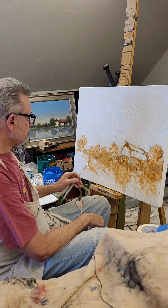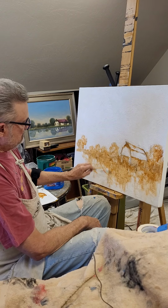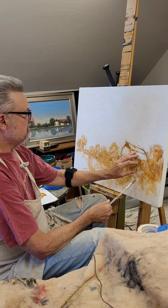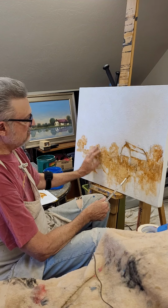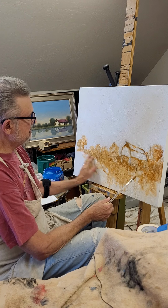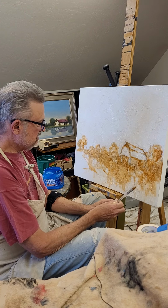And so anyway, we got a nice little start here. We got some paint on the canvas. We've got a loose outline of what we want to do. We've made it permanent. We've got first layer of paint on there, so we'll stop with that, and then the next day or two